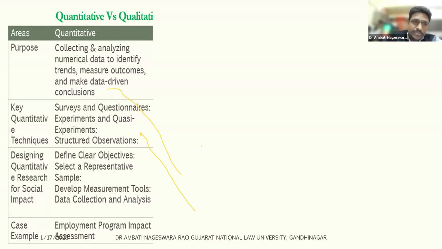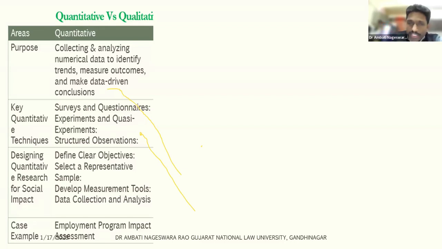To conduct quantitative research, we have surveys, experimental research designs, and structured observations. As a researcher, you can also use an observation checklist as part of quantitative research. If there are any further questions, I'll take them; right now I'm just giving an overview. When conducting quantitative research, you have very precise questions. Based on that, you design the tool and go for a pilot study, and you check the validity and reliability of the research tool you have designed. We have different kinds of validity and reliability tests. Once we get confirmation that the tool is sound, we go for conducting the final study.